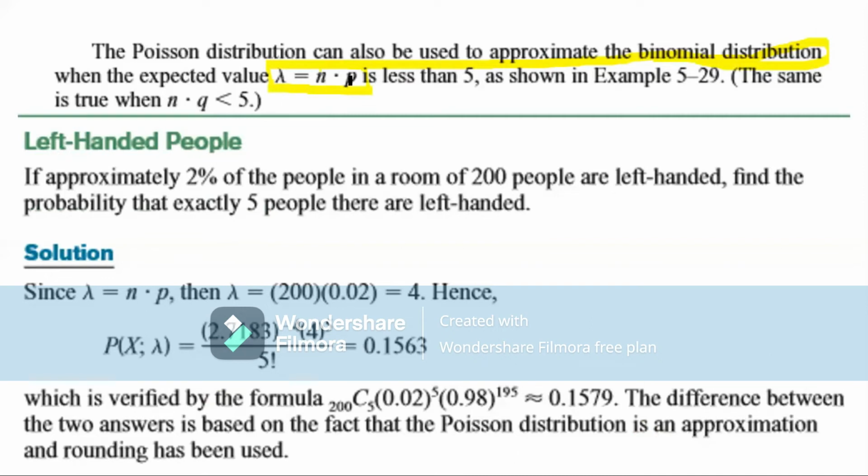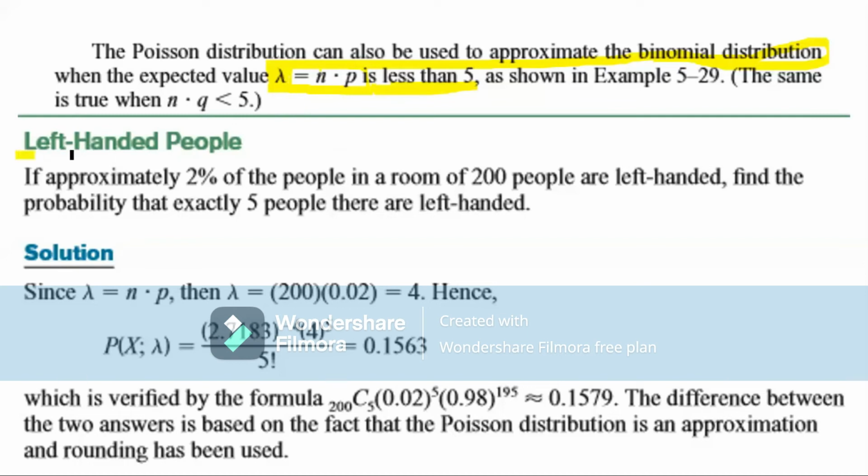तो n इंटू p अगर आप कैलकुलेट कर लें तो इसका मतलब है आप एवरेज कैलकुलेट कर सकते हैं, और आप एवरेज कैलकुलेट कर सकते हैं तो आप प्रोबेबिलिटी पॉइजन डिस्ट्रीब्यूशन से भी निकाल सकते हैं। तो जब n इंटू p is less than 5, इन दोनों का जो प्रोडक्ट है it's less than 5 हो, या n इंटू q भी less than 5 हो, तो उस सूरत में पॉइजन डिस्ट्रीब्यूशन को alternatively यूज कर सकते हैं to calculate the probabilities instead of using binomial distribution. तो ये दोनों almost same answers दे रही होतीं, but condition ये है कि जो ये एवरेज है वो less than 5 हो। ठीक है, expected value या जो एवरेज है वो less than 5।